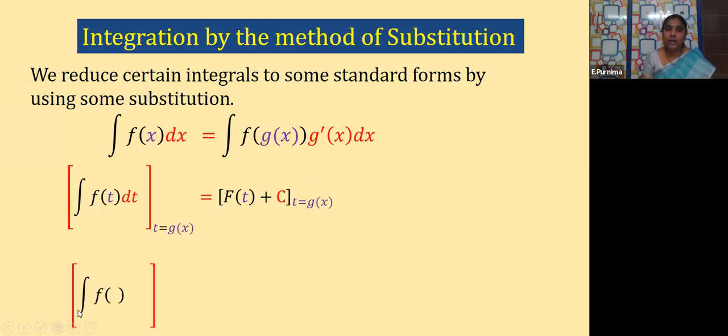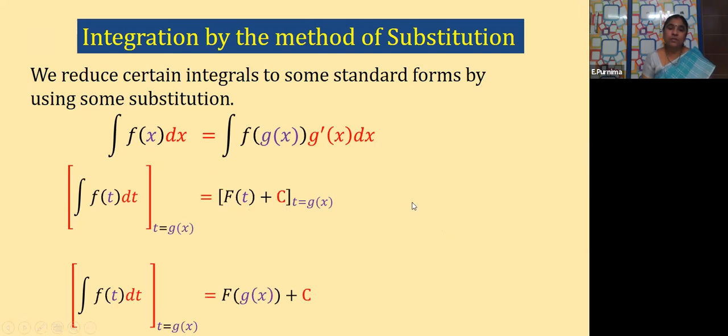Let us see it. Integral f of t dt, where t is equal to g of x, is nothing but f of g of x plus c. F of g of x means in place of this t, I'm writing g of x. Means in the final answer, when you get the integral, we again replace that with our g of x. Means in terms of x, again we are changing our solution. Clear? Because our question is in terms of x only, so the answer also should be in terms of x only. Clear? So like this, we have to do the substitution method.